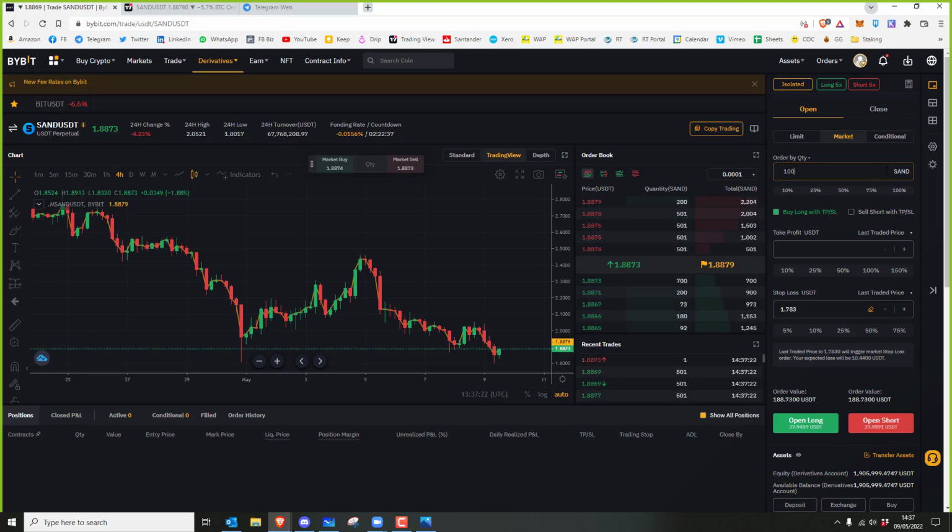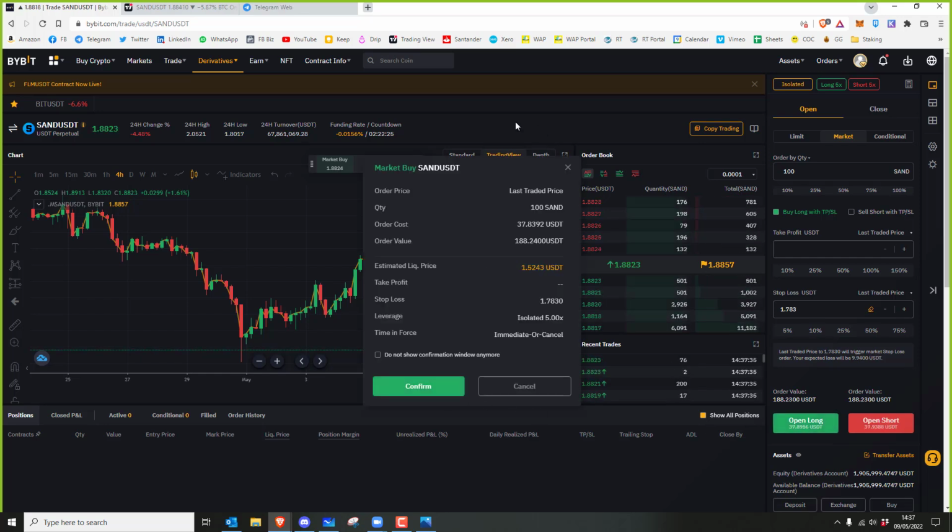Okay, so here, if I buy, I'm going long on 100 SAND. It means with that stop loss, our expected loss is going to be $10, okay? So I click open long, and it gives me this little confirmation box. It's worth not skipping that, because it is actually quite good to do a last minute idiot check, because